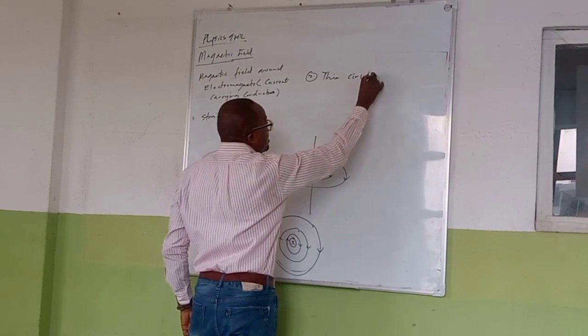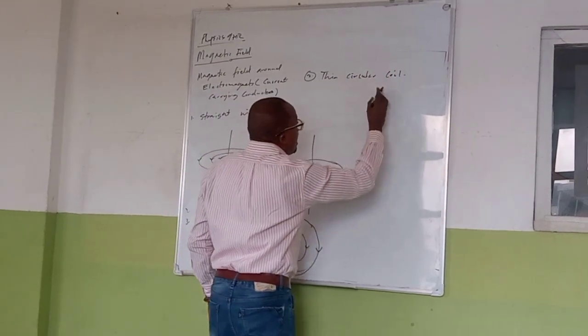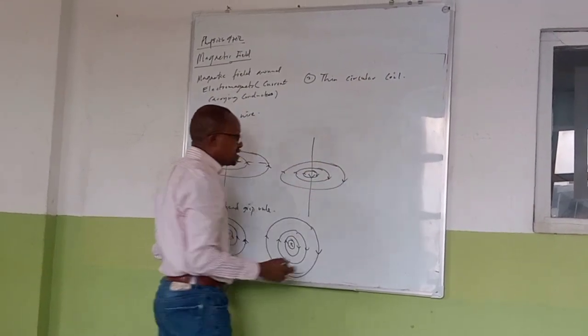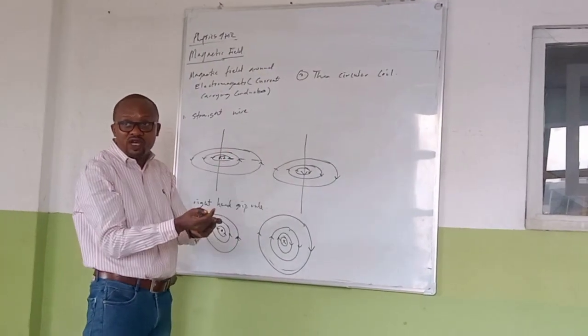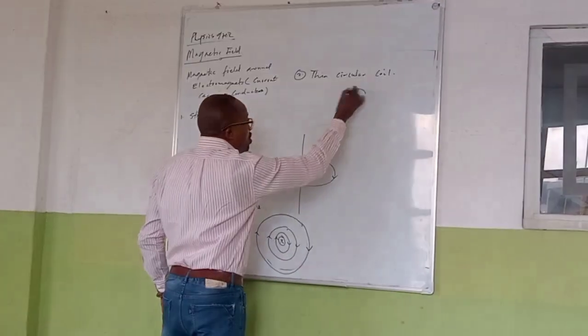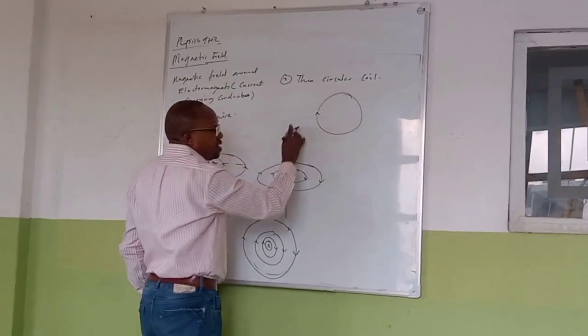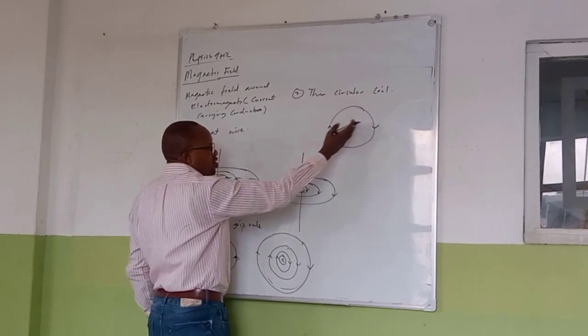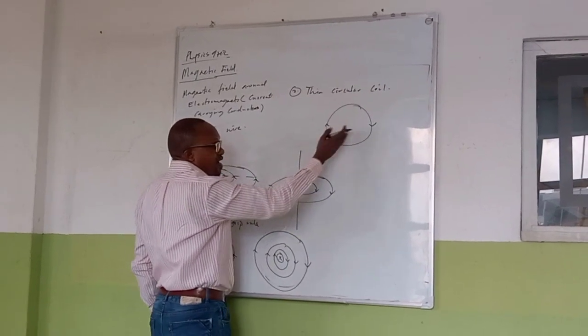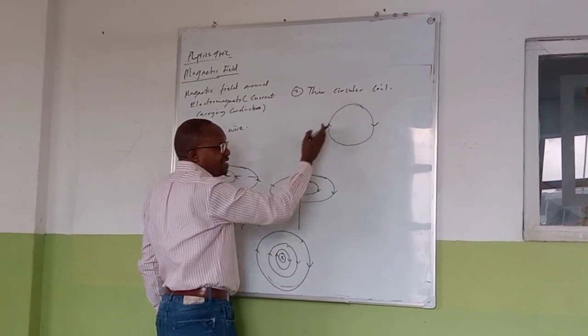a thin circular coil. And we said we can consider a thin circular coil like a straight wire that has been folded into a loop. So if the current is moving up at one end, the current will be coming down at the opposite end. Yeah. So you can see that it has two straight wires with current moving in opposite directions in the two